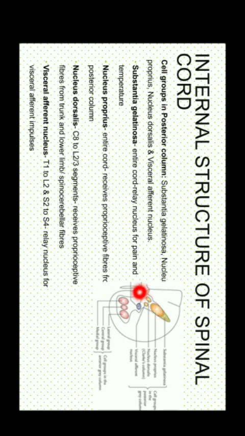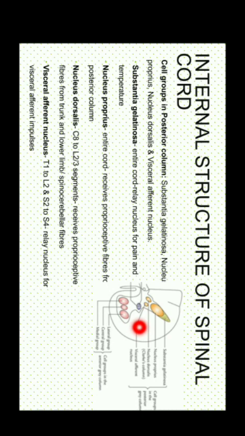The substantia gelatinosa is present at this tip. Now, this posterior column is concerned with the fibers which are coming from the periphery or from the skin. They relay here. So which type of nerve fibers will they be carrying? They will be receiving the sensory nerve fibers. Yes. So they relay the sensory fibers. They give the relay point for pain and temperature. So note this: the substantia gelatinosa is the relay nucleus for pain and temperature, and it is present throughout the cord.